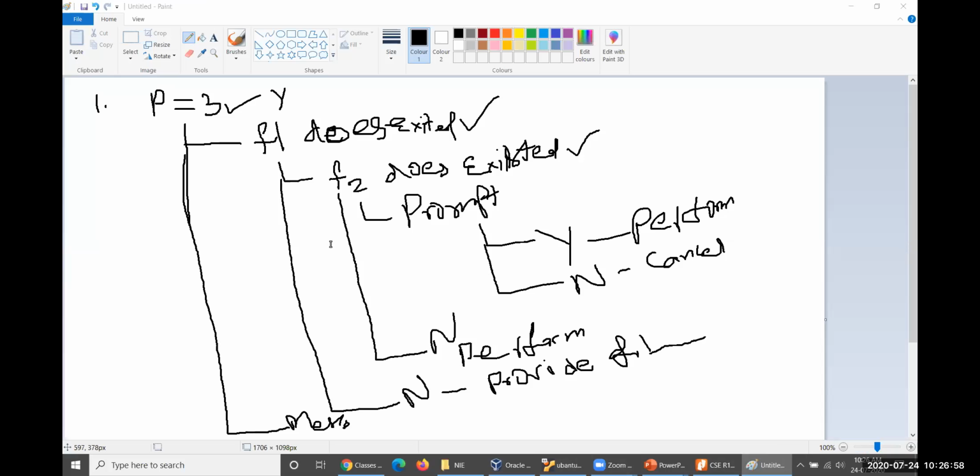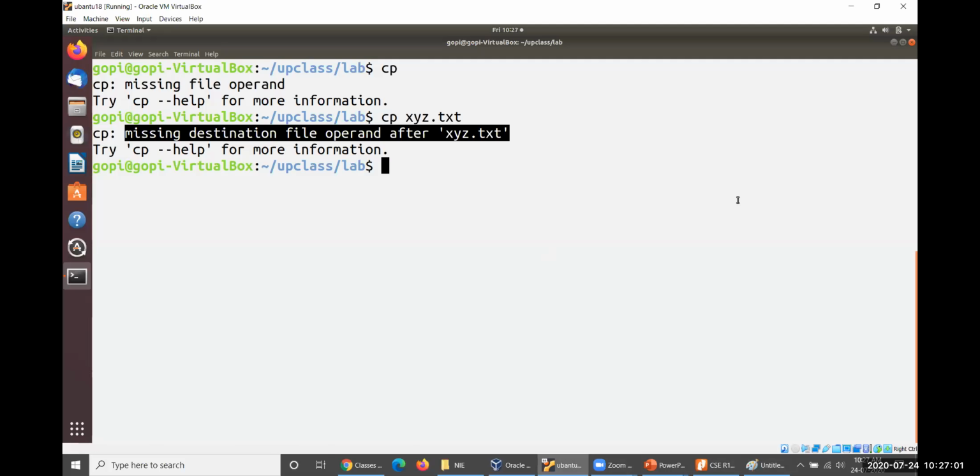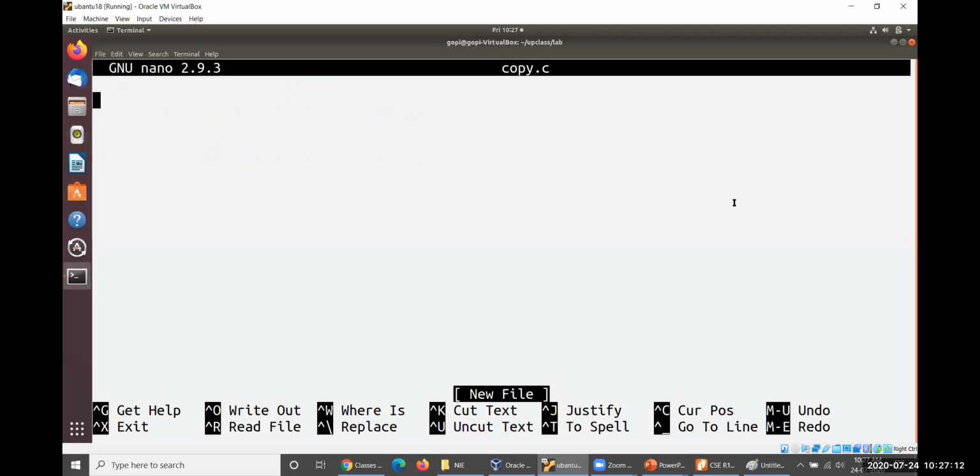Okay, so for that, what are we supposed to do here? Let me write nano the file, cp copy. Let me say my program name is copy.c. Okay, #include <stdio.h>, again #include <sys/types.h>, then #include <sys/stat.h>, then #include